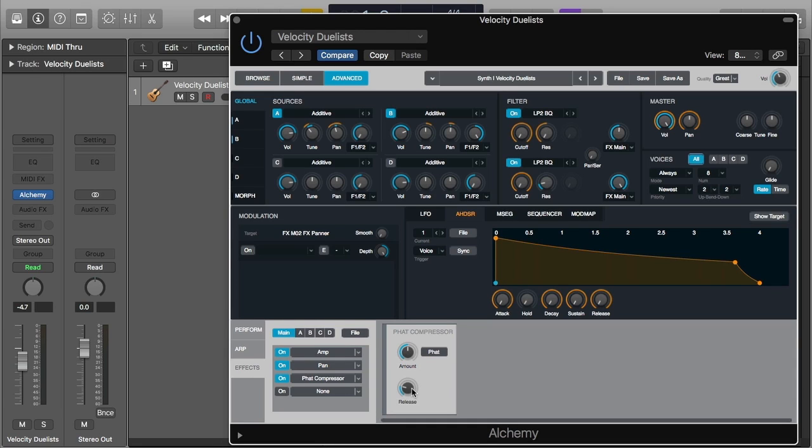So then moving from there, let's go to this one down here, dynamics. We have this Alchemy vintage compressor, and the parameters are right here. Actually, I skipped this fat button. Sorry about that. I'm kind of not in my element. I haven't done this in a few weeks, so I apologize beforehand if I'm